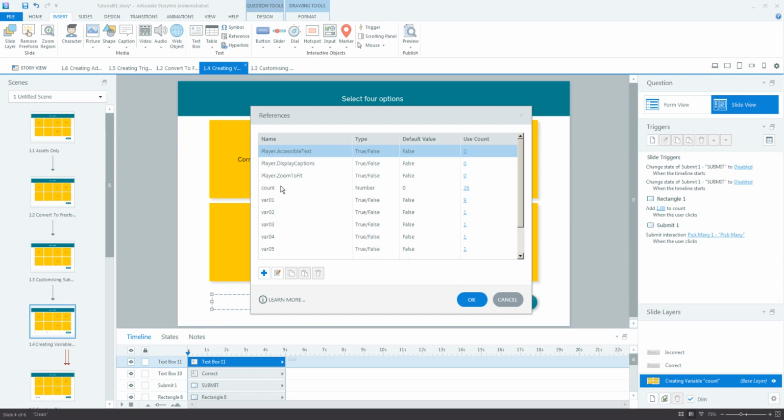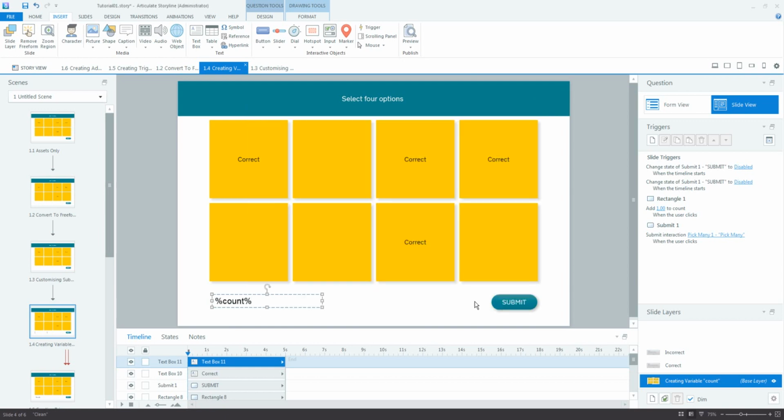And then we're going to click on the variable, the value of which you want to display. In our case, we want to display the value of count. So okay that. And remember that this is for testing only. So once we're satisfied that the variable and the triggers are working the way we want them to, then we can delete this off the stage.